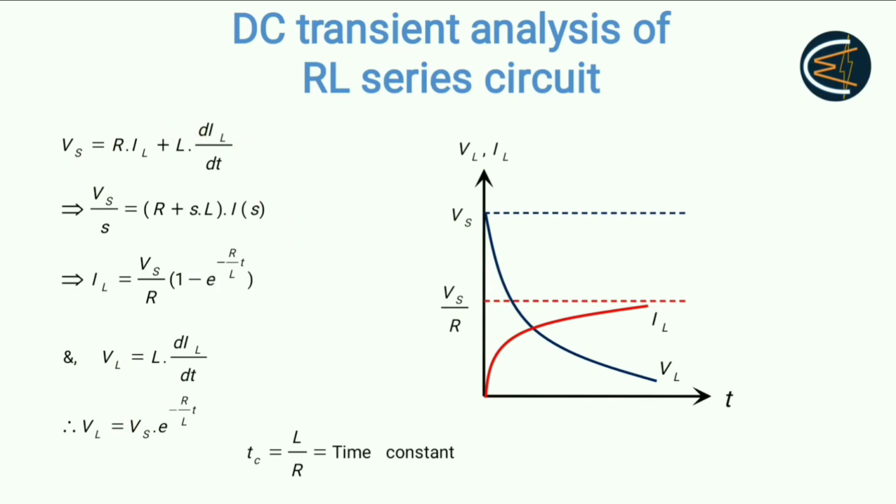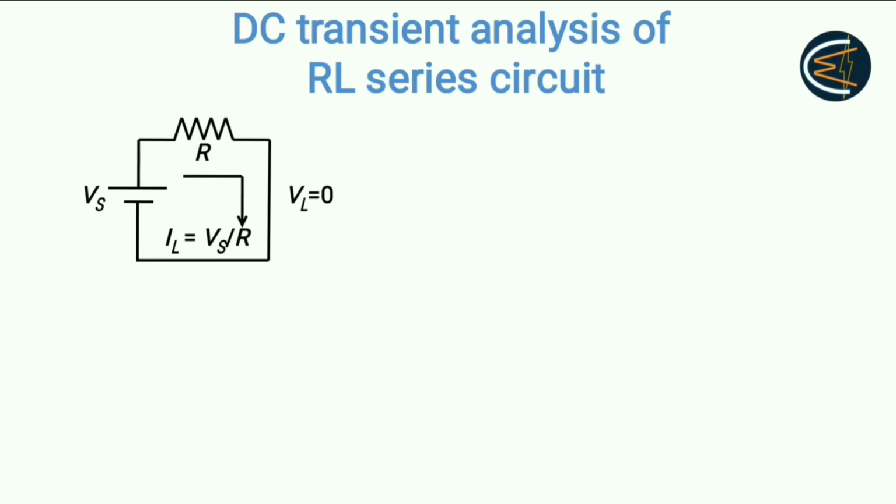So now let's see the change in the behavior of the inductor when there is a change in the circuit. So till now the circuit is like this. Okay, inductor is behaving as a short circuit path. This amount of current is flowing. So as I have already told, there are two positions, 1 and 2. So till now the switch was on position 1. So now just imagine the switch is suddenly shifted to position 2. Then how will it look like?